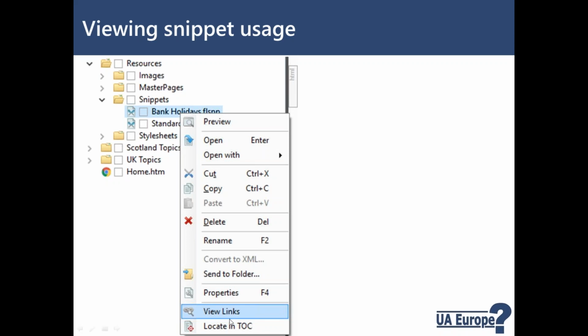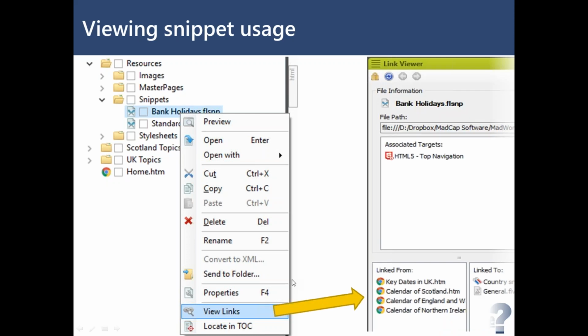You can use view links to find out which topics or which other items within your Flare project link to the item we're interested in. So if you right-click on a snippet, such as this bank holiday snippet, choose view links, Flare is going to give you a list of all the topics that actually are referencing that snippet. In other words, all the topics that I've inserted that snippet into.